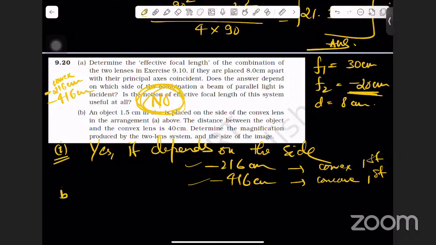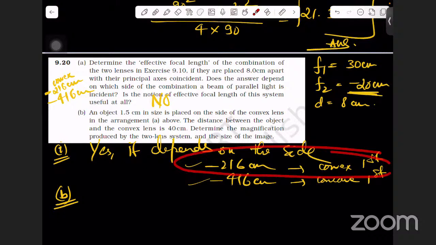Now the second bit. An object 1.5 centimeters in size is placed on the convex side of the lens arrangement. In this case, the distance between the object and the convex lens is 40 centimeters. Now it's not infinity, it's 40 centimeters. Determine the magnification produced by the two lens system and the size of the image. Okay. So here we have U1 given as minus 40